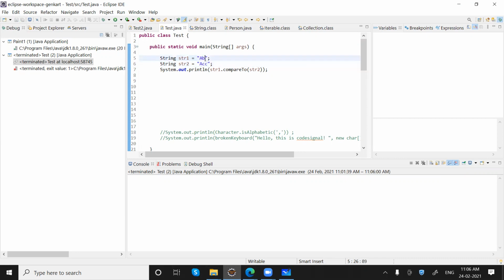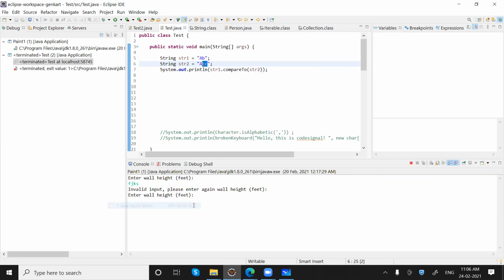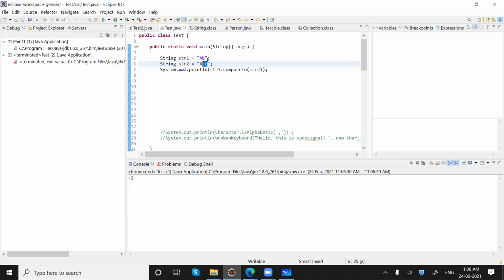But when they are different, it will return this minus this. That's why we were getting -1. Reason being, for B the value is 98 and for this we have 99. So it is doing 98 minus 99. That's why we are getting -1.